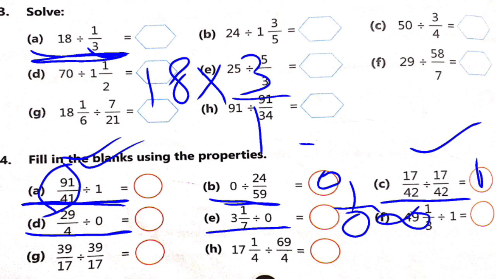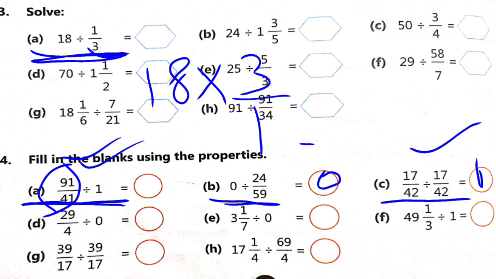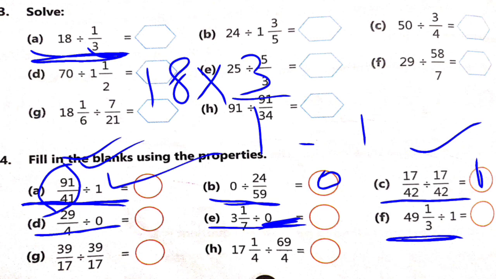I told you the same case in many videos, so you have to just focus. On which side is 0 written, left hand side or right hand side? Because you are taking the reciprocal of the right hand side. So when you take the reciprocal of 0, it becomes 1 upon 0. Keep that in mind. Now the next question says that when you are dividing by 1, this is the same as the first question. This is the same case as question number C. And this is another case.